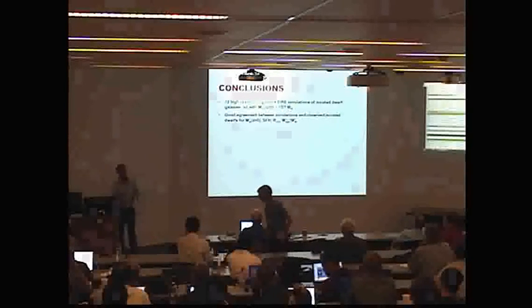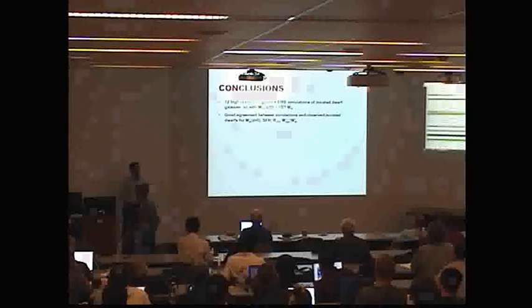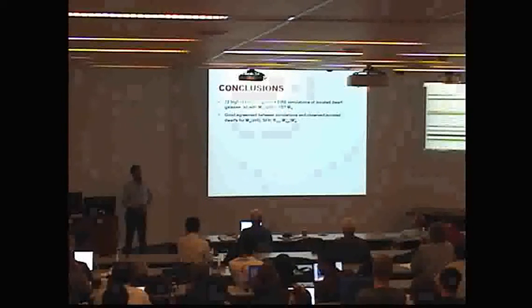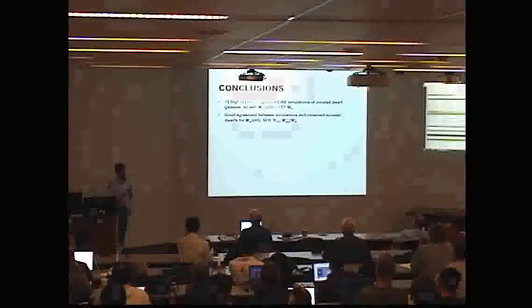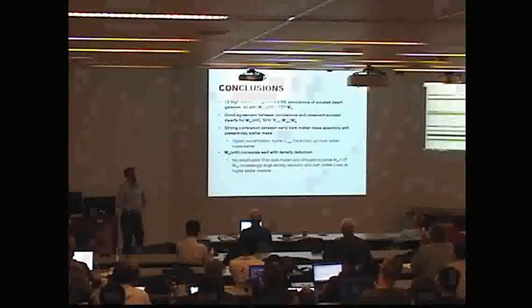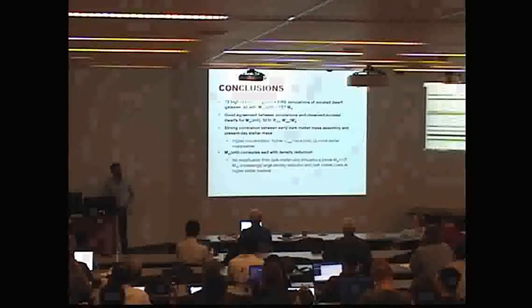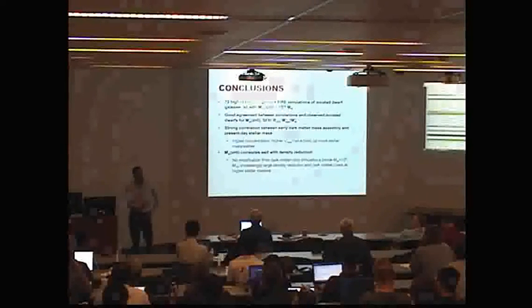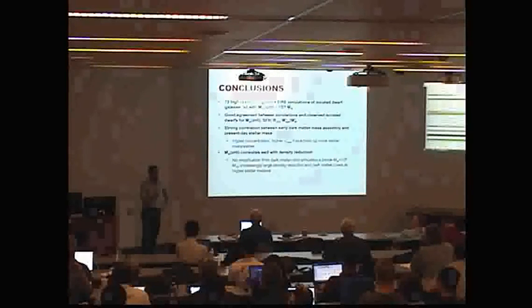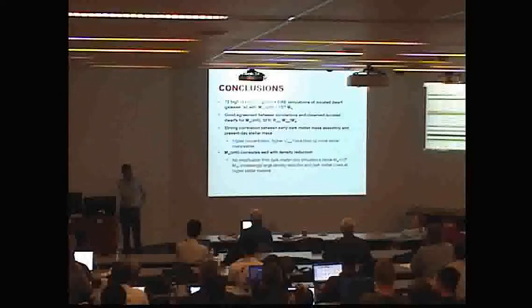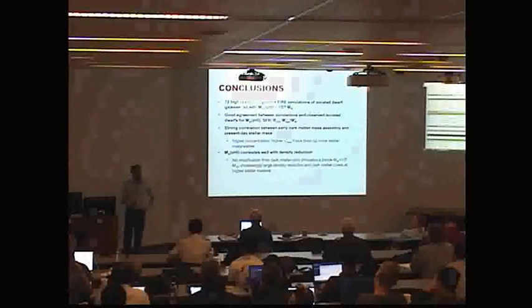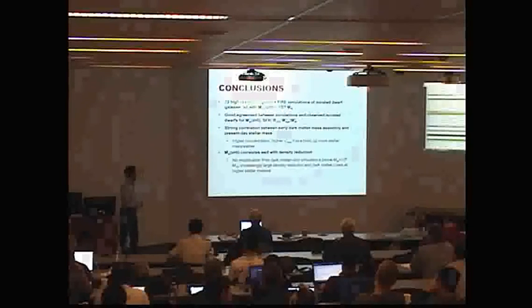I've run 12 high-res simulations of isolated dwarf galaxies, all at 10 to the 10 solar masses. There's good agreement between observation and simulation for a number of observables. And the two main points I wanted to focus on are, first, that there's a strong correlation between early dark matter mass assembly and the stellar mass at z of 0. Namely, the higher concentration, higher Vmax halos are building up more stellar mass and earlier. And also that the stellar mass is correlated well with the density reduction in the centers of these galaxies.